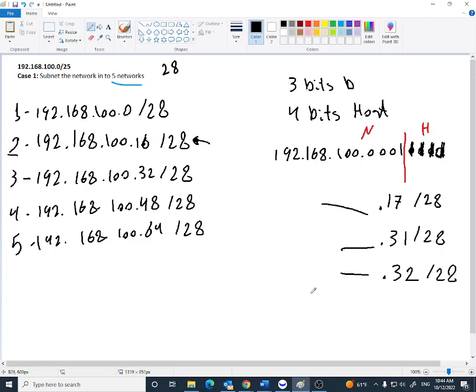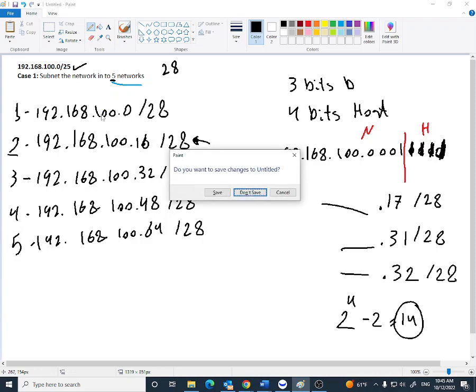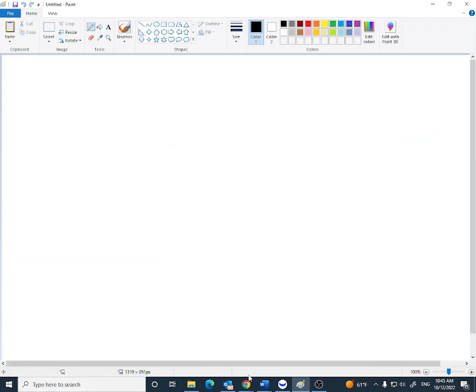The number of hosts I can have in each network is 2 to the power of how many bits I have here for the host, which is 4, minus 2, which in this case is 16 minus 2, 14. I can simply have 14 different hosts in each one of those networks. So this is again how we answer this question. Again, we are given an IP address with a prefix, and you're asked to subnet it into a specific number of networks. Now, let's go ahead and move to the second part, where the question is,